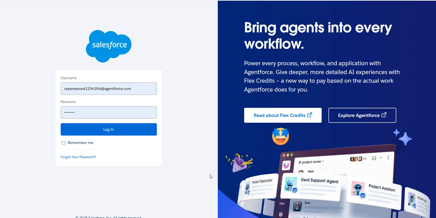Hello friend, today we shall talk about how we can create a custom field or custom formula field in salesforce.com. Friend, today's topic is very interesting, especially if you have interest in Salesforce and you want to learn about it. So let's start. First of all, we have to log in to the developer account of Salesforce, and then we will create a custom formula field